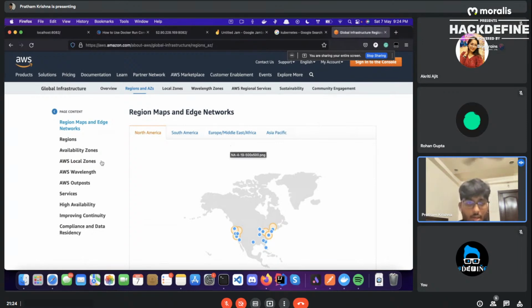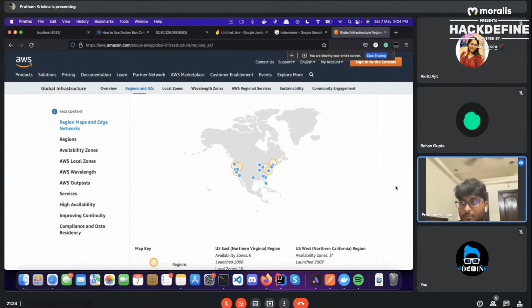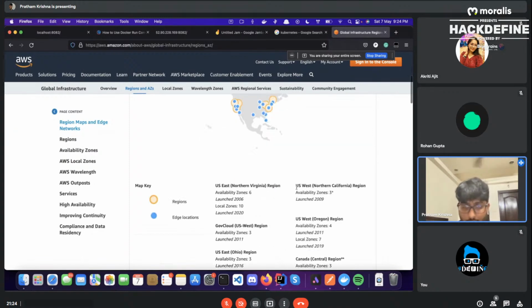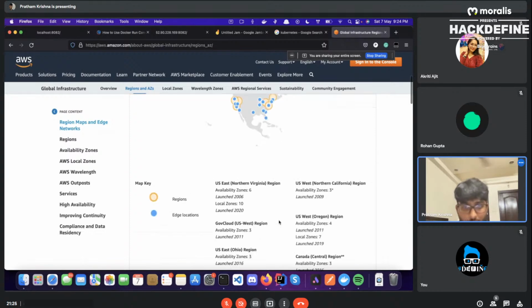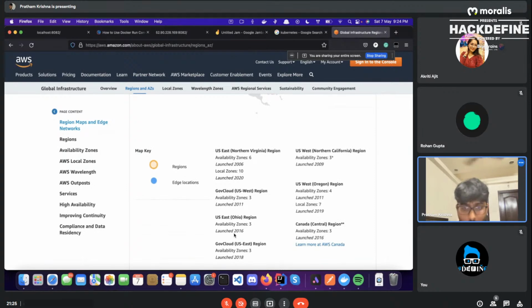What are edge locations? Edge locations are basically content delivery networks, CDNs as you call them, and they're used for faster delivery of certain static content or cached content to everyone across the globe. So let us say, in a simple example, one of your servers is hosted in, say, Northern California.